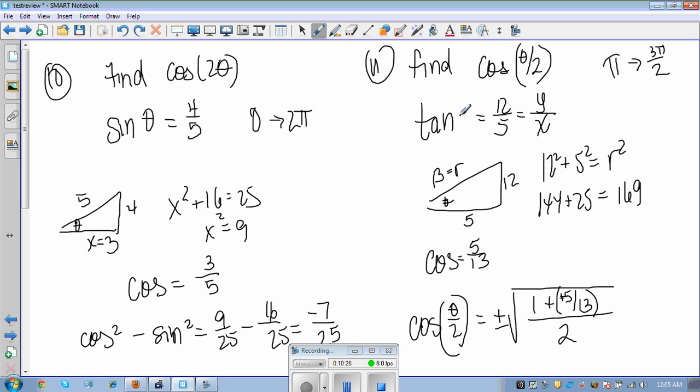It's saying, all right, your tangent is 12 over 5. So find the cos of theta halves. Well, tan is y over x, or it's going to be sine over cosine, right? So here's my sine, here's my cosine. Again, I can use Pythagorean theorem, and I get my radius being a 13. So that means my original cos was a 5/13, but here's where the little snag comes in. I see, oops,